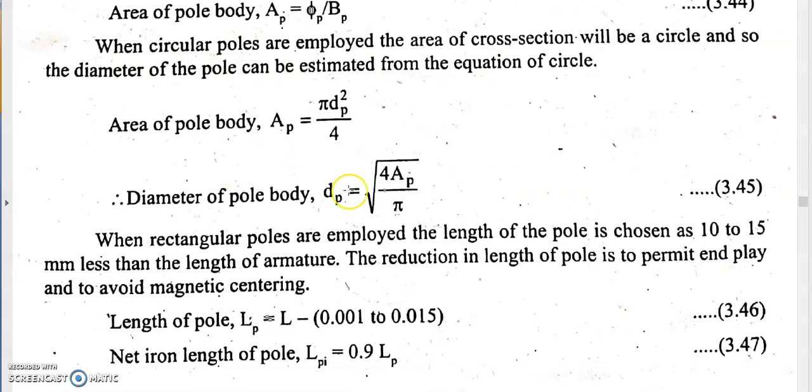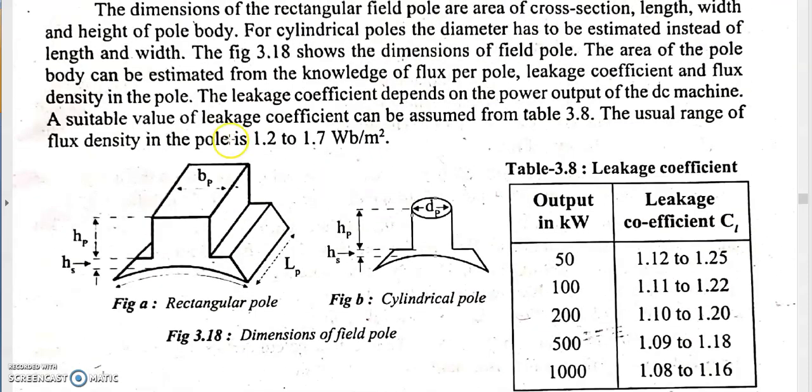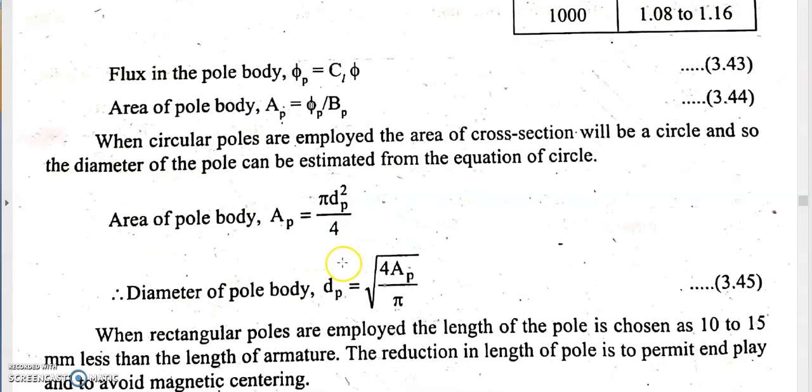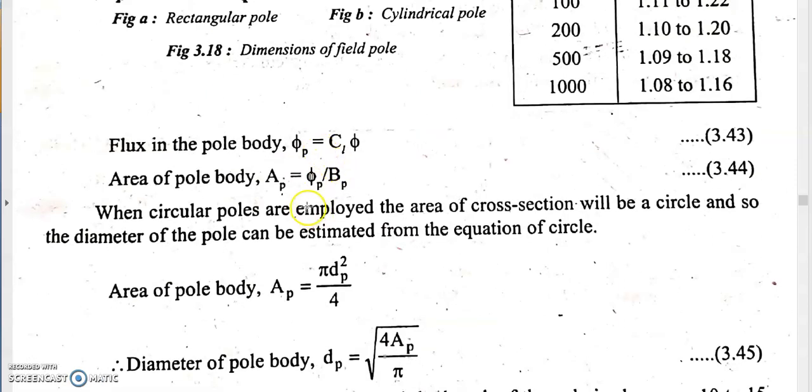The flux density of the pole is assumed between 1.2 to 1.7 Webers per meter square. So we are calculating this area of the pole body by knowing the value of flux in the pole body and flux density in the pole. So this area of the pole body we are calculating by knowing the flux and flux density of the pole. And for different